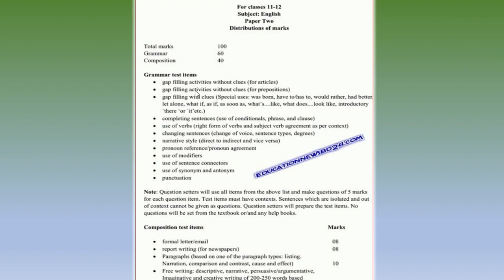So, most of the grammatical items have been done by you in earlier classes, only one or two are new to you. So, we'll start with a new one. We'll start with modifiers. The term may be new to you, but I will say that it is nothing new. You know them by other names. We will only use a new term here.